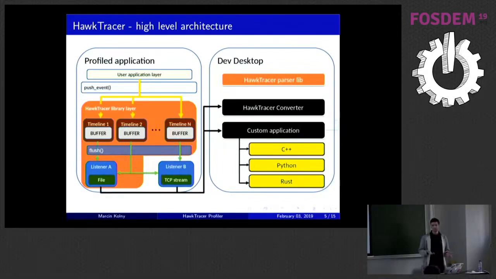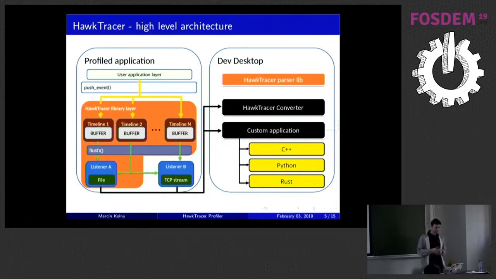And what can a listener do? Well, basically, the listener should save the data somehow. So there is a file listener that saves it to a file, or there's a TCP listener that streams the data over the network. And then the data is basically a binary stream, and you can't really analyze a binary stream. You need to convert this binary stream to some human-readable format. And in order to do that, we created a library. It's called HawkTracer Parser Library, that allows us to convert this byte stream to some structures that then can be converted to